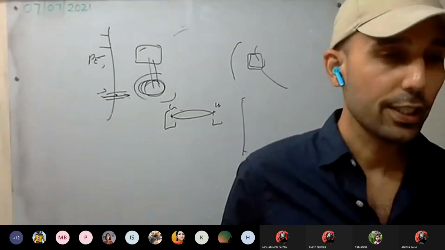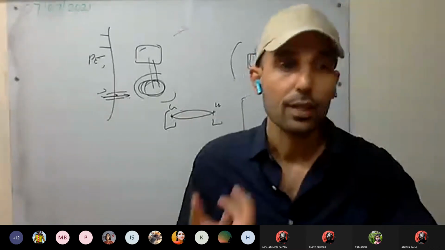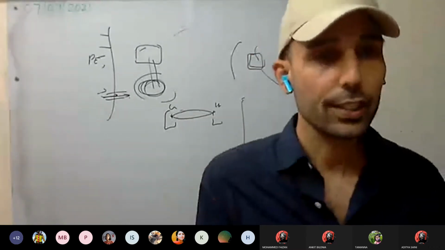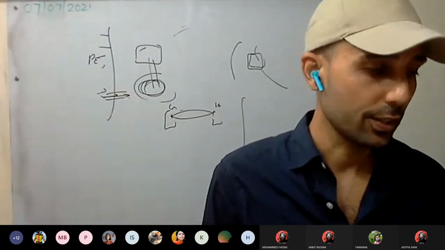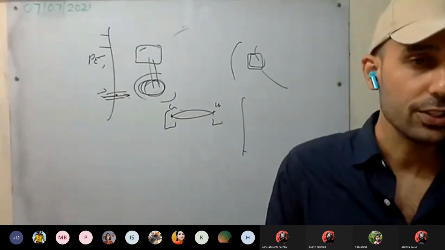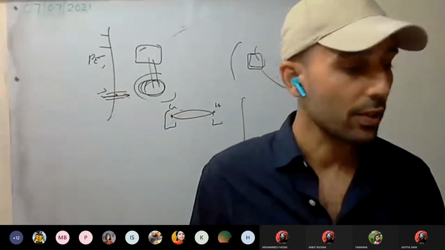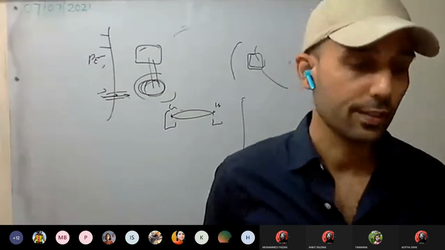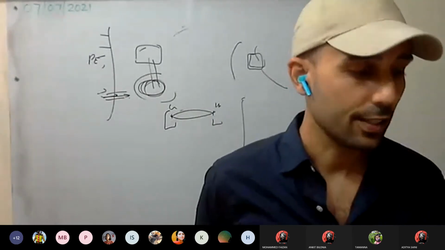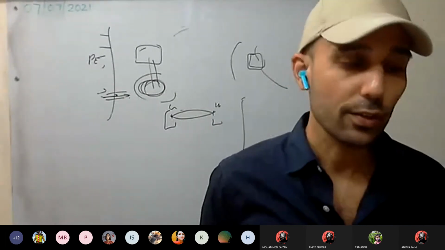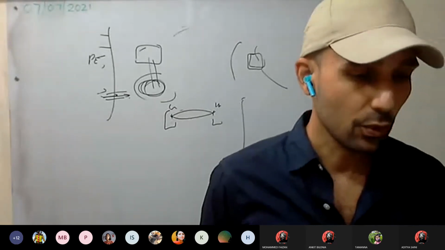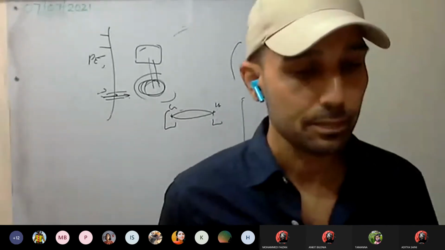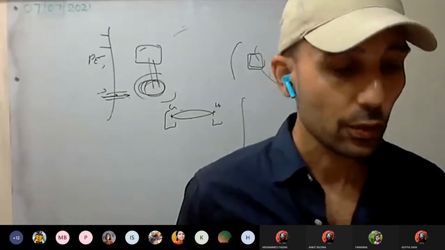Electrical energy to heat energy: oven, electric heater, geysers, toasters. These all convert electrical energy into heat energy. Heat energy to electrical energy: steam engine, thermocouple, we have discussed. Electrical energy to sound energy, loudspeakers, and sound energy to electrical energy, microphone. These all we have discussed. Any doubt in them? You can go through these conversions.